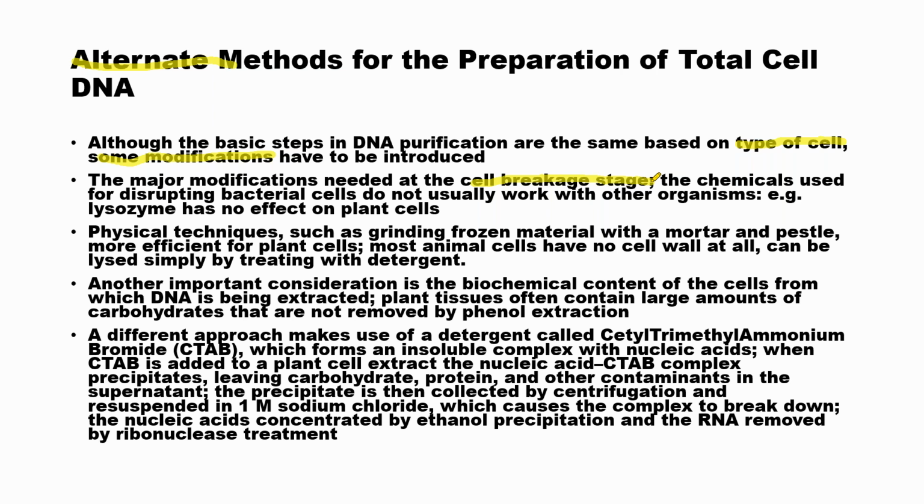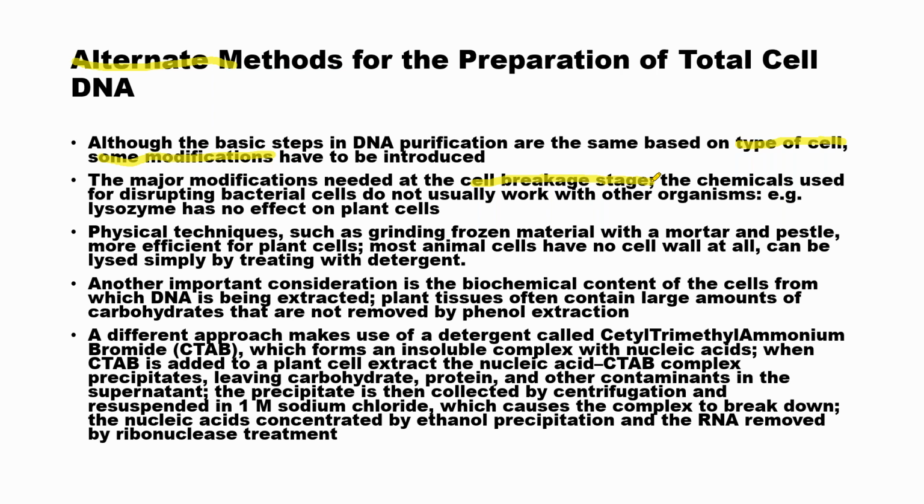For example, what we have studied: a bacterial cell has a cell wall, and inside the cell wall there is a plasma membrane. So, in order to break the cell, we have to select reagents which can act upon both the cell wall and plasma membrane. That's why we go for an enzyme, lysozyme, plus a chemical, EDTA, ethylene diamine tetraacetate, to act on the cell wall as well as the plasma membrane, so that we can produce the cell lysate. Clear?